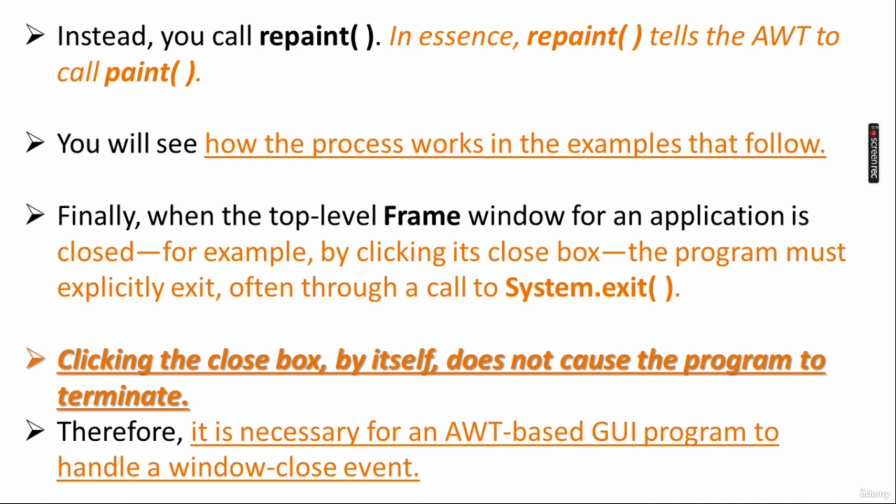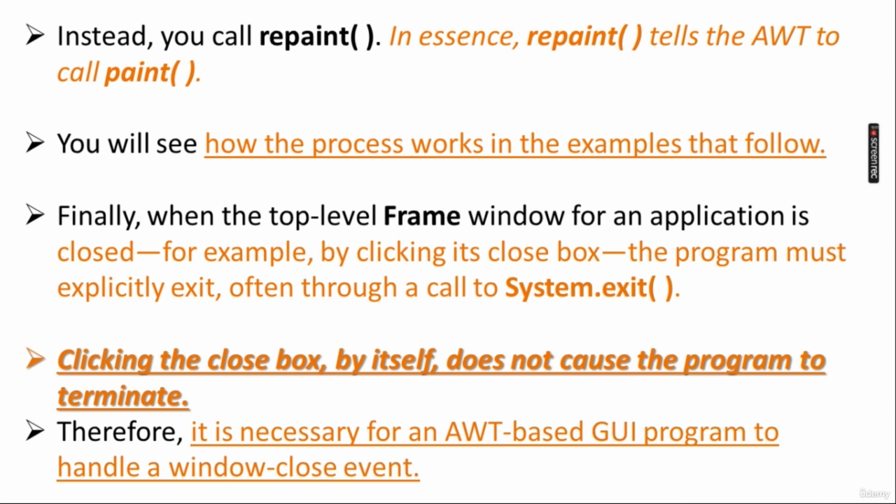When the top level frame window for an application is closed, for example, when you are opening Paint on your computer and you click the close button, this outer window is closed. The program must explicitly exit, often through a call to System.exit. Clicking the close box by itself does not cause the program to terminate. So you have to write the line System.exit();